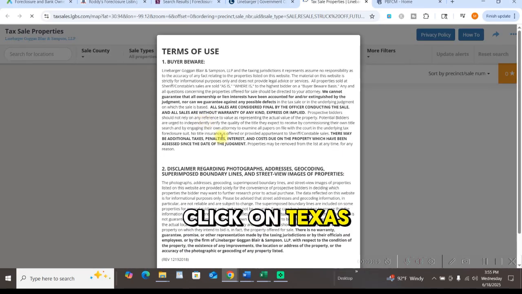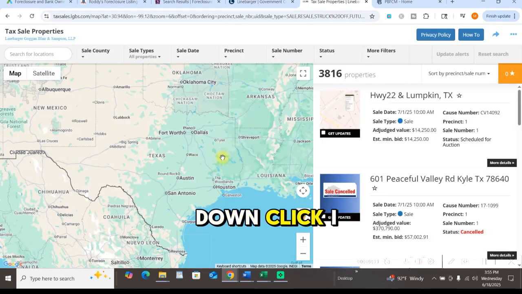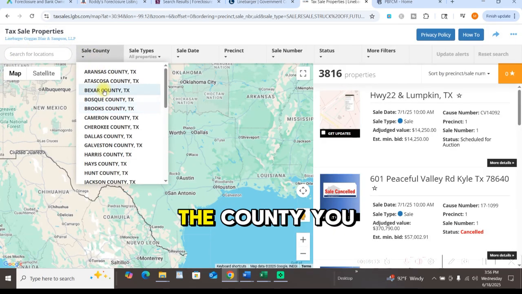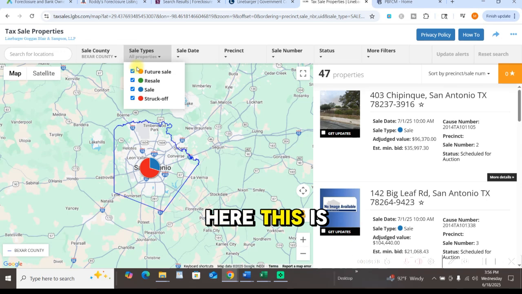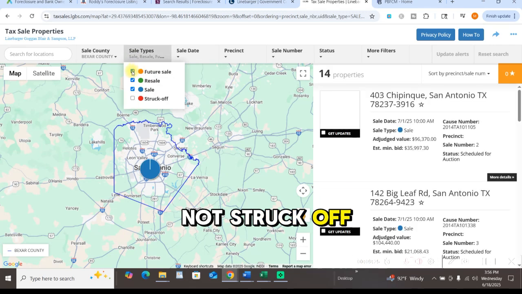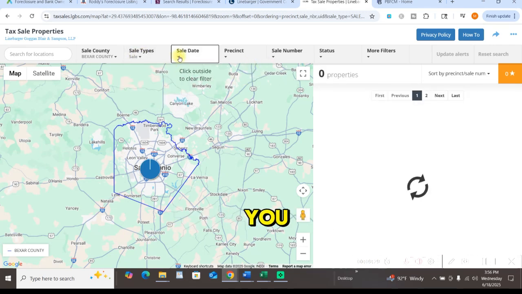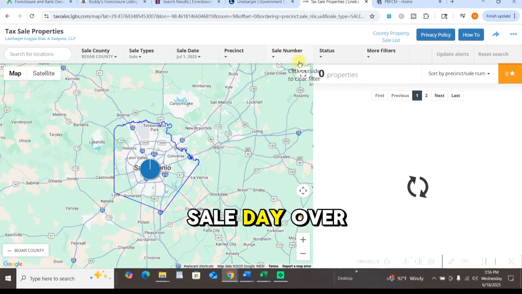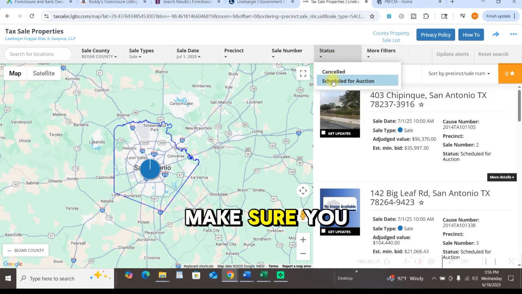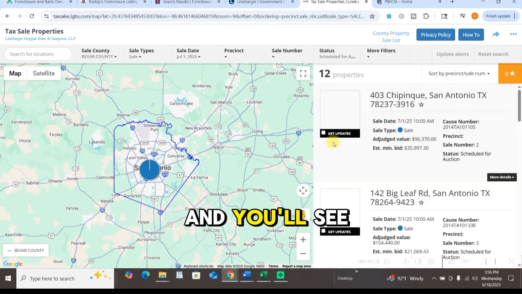www.lgbs.com. Click on Texas tax sales, scroll down, click I agree. You click on the county you want to look at. Here, this is pretty important, by the way. We're only interested in the sale, so uncheck all the other boxes. Not struck off, not future sale, not resale. That will just confuse you. Click the sale day. Over on status, make sure you just click scheduled for auction, and you'll see that here